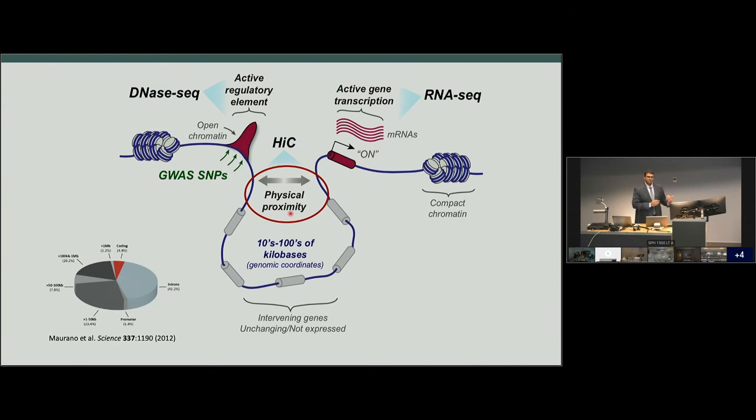When we started these projects, many of these maps, which measure different viewpoints of the genome's function, were not present for the kidney. And so we went about generating open chromatin maps, such as DNase-seq. We generated RNA-seq maps from glomeruli and tubules. And then more recently, we generated these physical proximity maps, which tell you which two points in the genome are actually touching each other.